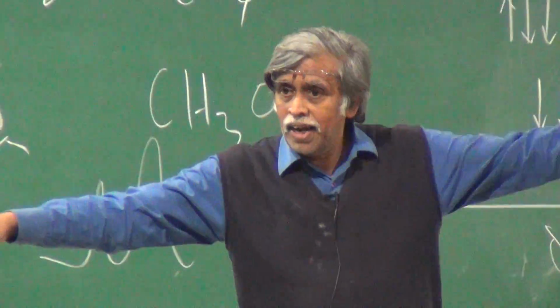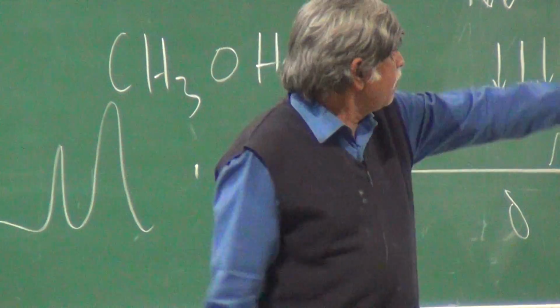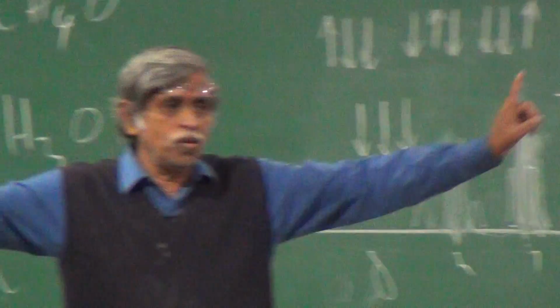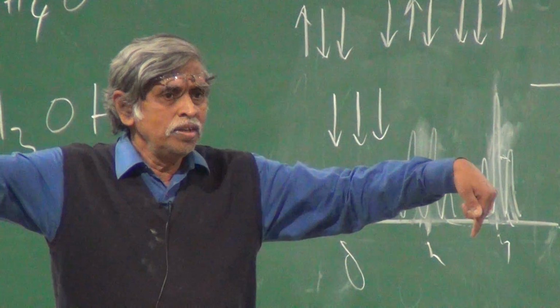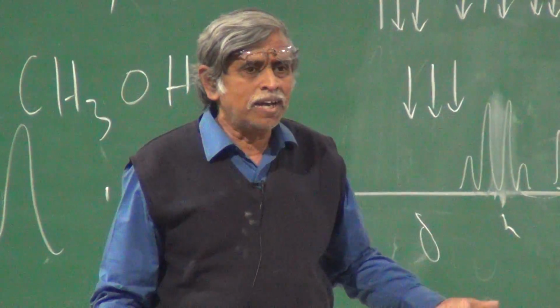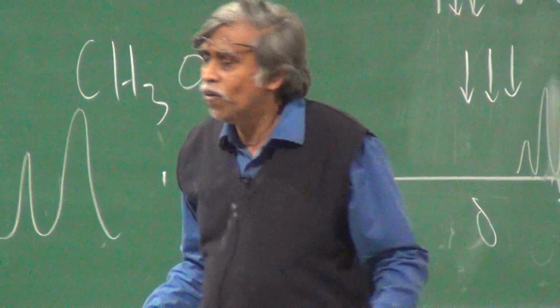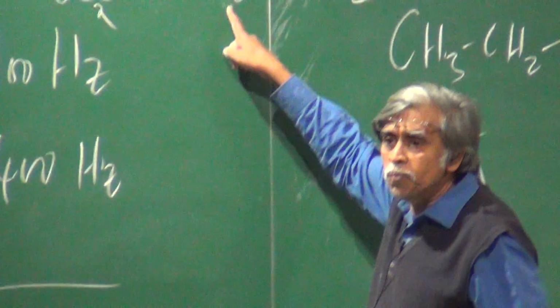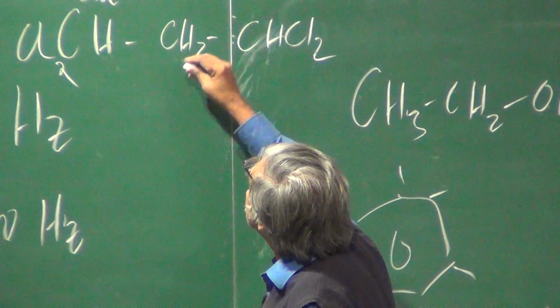How many will this split into? There's a hydrogen here and a hydrogen here. I can therefore write all the possibilities. This flow up, this flow up. This flow up, this flow down. This flow up, this flow down. Or both down. So how many possibilities do I get? 1:2:1. And therefore, this flow will be split into